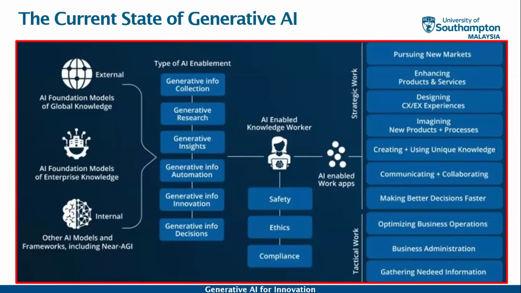And when we talk about not only this, there are some AI foundation models of enterprise knowledge, whatever there are, they all will be shown in the type of AI enablement here. And other than this, the internal, like other AI models and frameworks, including AGI, right? So how exactly are we going to do this? So here the generative info collections will be like this. The first part will be taken, and then generative research, generative insights, generative info automation can be done,